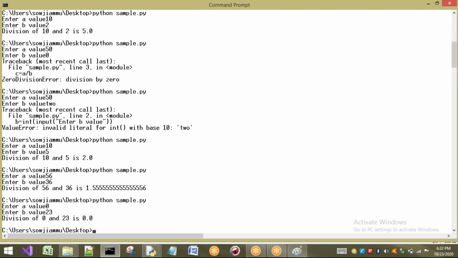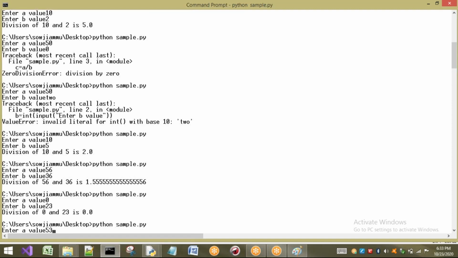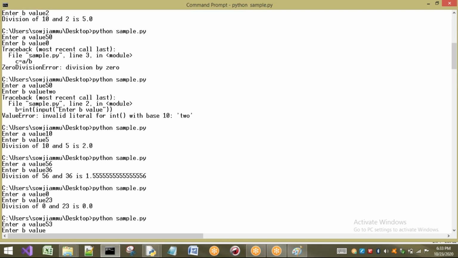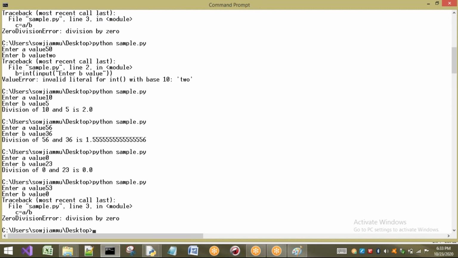Except in one case, when I perform a division operation, we are going to get output in every case. What is that case? If you take the numerator as any value, there is no problem. But if you take the denominator as 0, then we are going to get an exception.